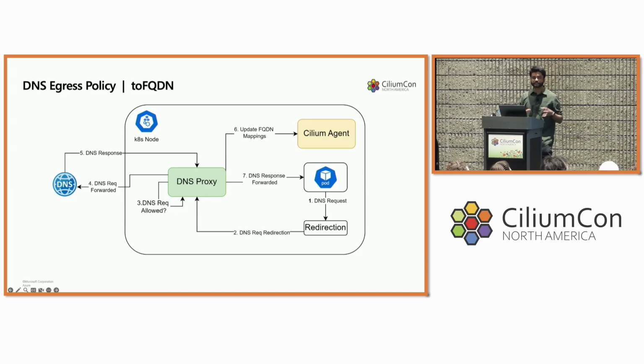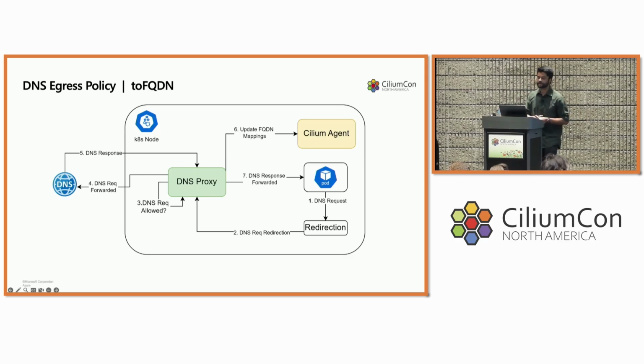The DNS proxy then intercepts these requests and makes a DNS request to whatever your upstream is, and gets the DNS response back. Before that, the DNS proxy also checks, from an L7 DNS perspective, whether the client is even allowed to make that resolution. If that is allowed, it makes an upstream connection and we get the response back. Once we get the response, we parse it, get the mappings between domain name and IP address, and send that to the Cilium agent, so that the agent can do the corresponding policy map updates and IP cache updates, so that once the application is ready to make that request, the policy is already plumbed down to the